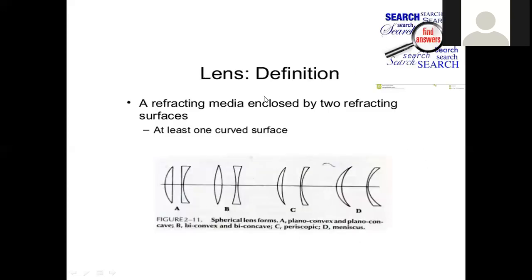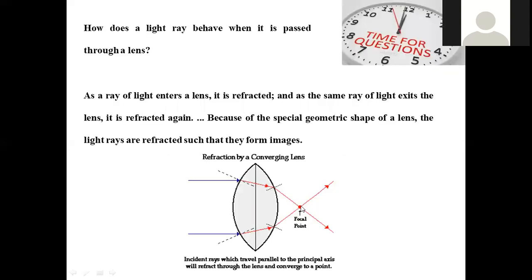This is the simplest example of the lens definition and the various types of lenses that we apply in our daily life. A lens with curvature on only one side is called a convex lens, and the second is called a concave lens, where we have a parabola inside. Another kind of lens has bulging on two sides, which is called a biconvex lens, and a lens with curvature inward on two sides is called a biconcave lens. All these possibilities exist, and they are used in our daily life also. This is the simplest example of lenses.